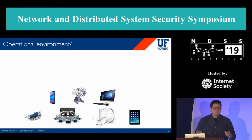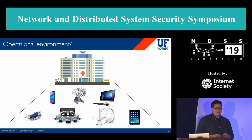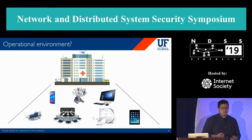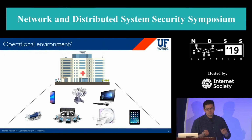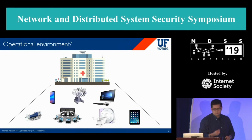However, we don't really know much about what happens when both of those studies combine together, when they merge. Essentially, what I'm talking about is a hospital system. Today's keynote highlighted that hospital security is important. So in this case study, we did a case measurement study on a hospital system, a hospital network. We wanted to see to what degree these medical devices were being